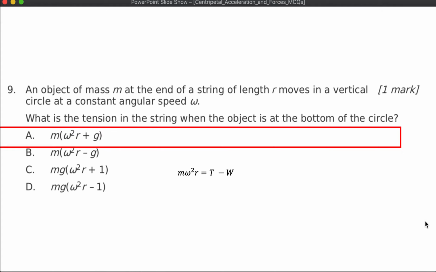I've used m omega squared r here because that's in the question. M omega squared r is equal to the difference between the tension and the weight. We know that weight is mg, and I can therefore rearrange this so that T is equal to m omega squared r plus mg. In other words, T is equal to m times omega squared r plus g, where we've taken out a common factor of m. Last one, and again,